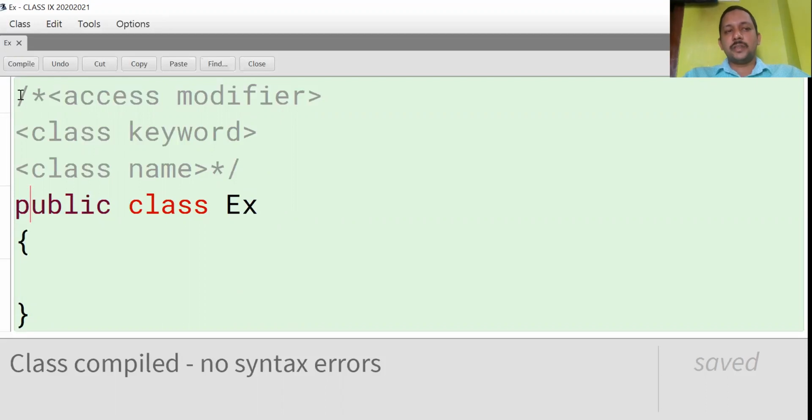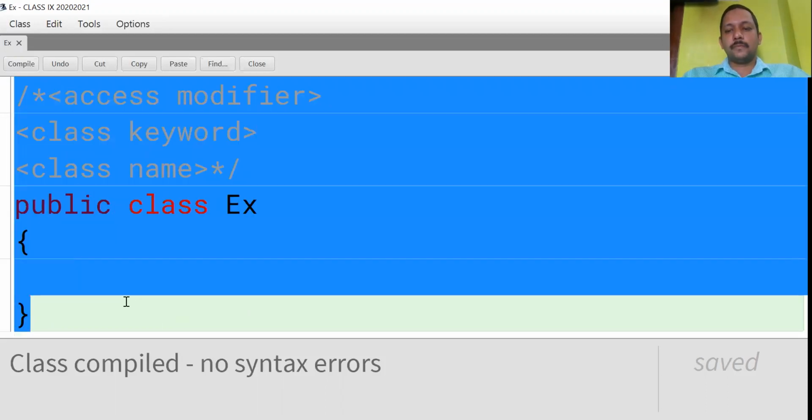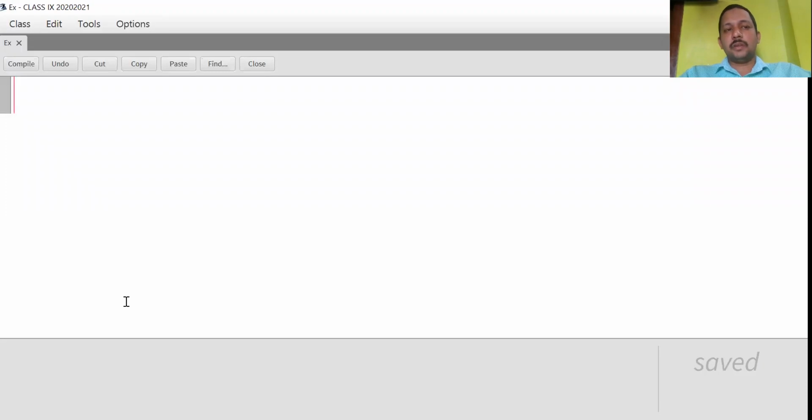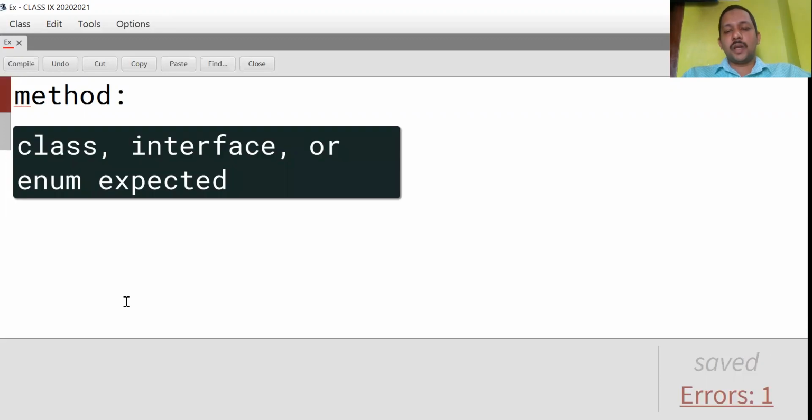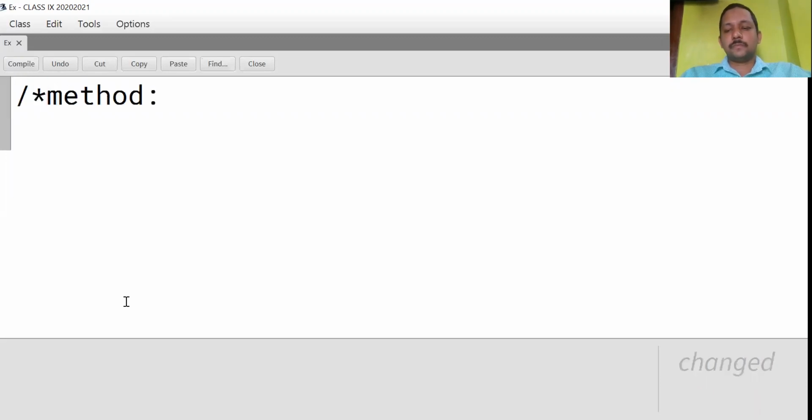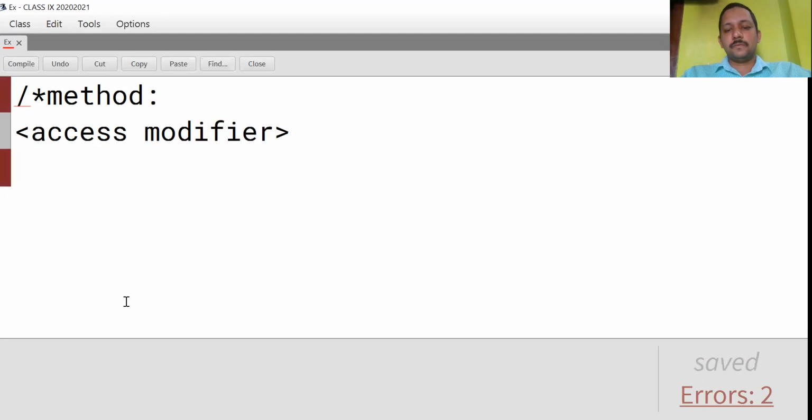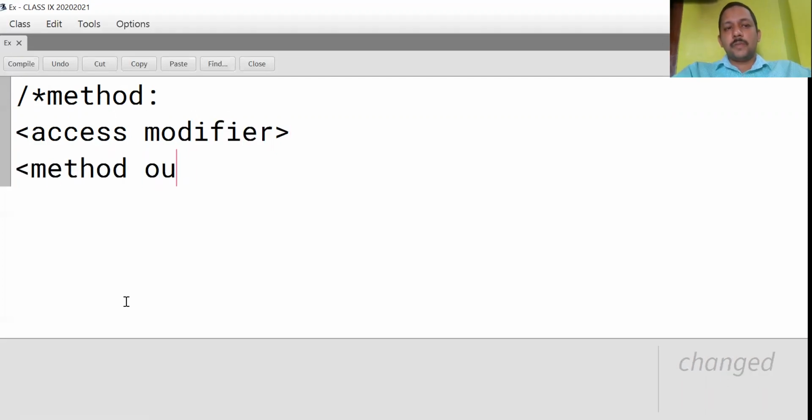Then next syntax is method syntax. What is that? Next syntax, method syntax. See the method syntax for you. I'm using comments. See the method syntax. Access modifier, method output, or method return type.